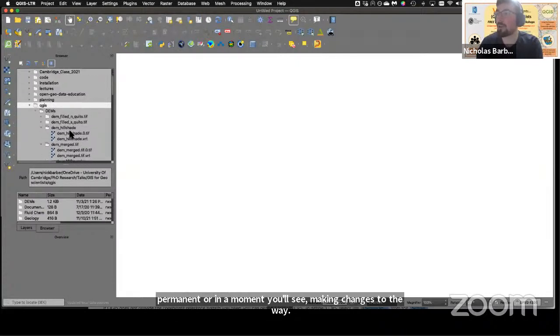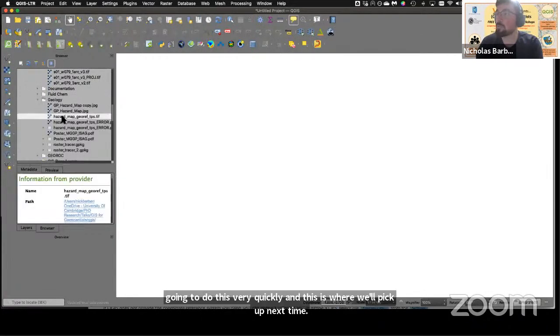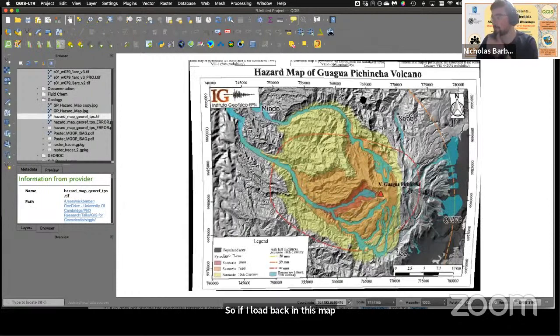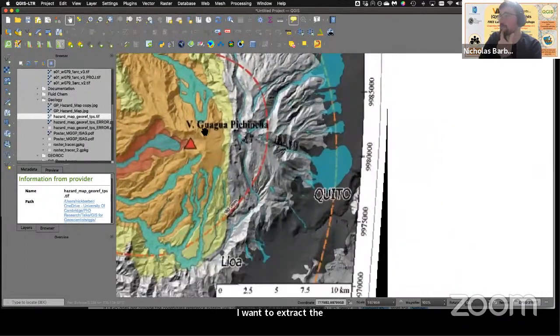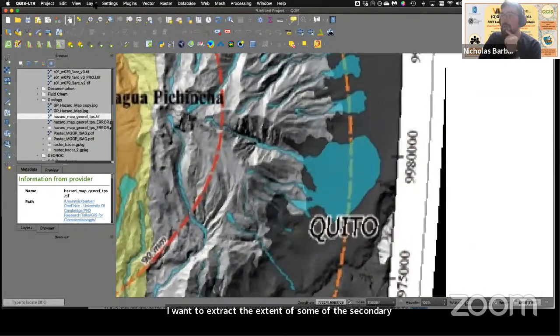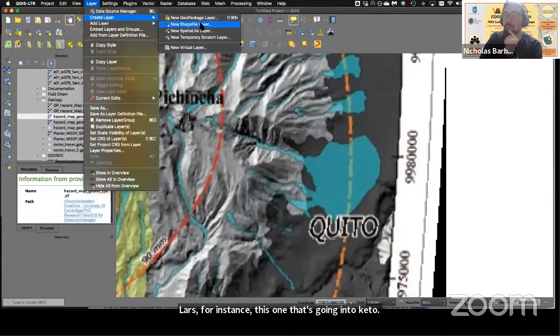Okay, so we are running right to the end. So I'm just going to do this very quickly, and this is where we'll pick up next time. So if I load back in this map here, I want to extract the extent of some of these secondary lahars, for instance, this one that's going into Quito. So to do that, I'm going to go to Layer, Create Layer, and like I said, I'm going to do